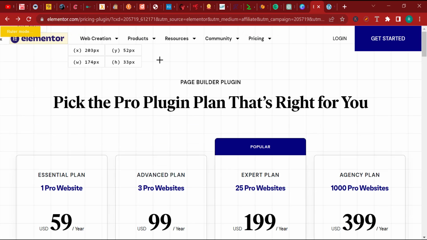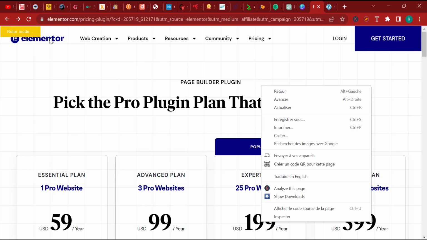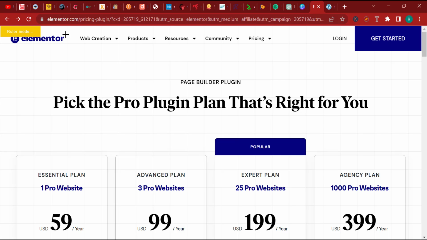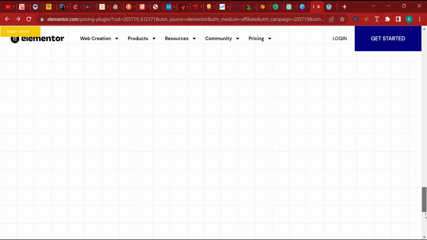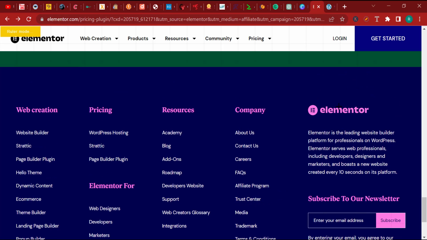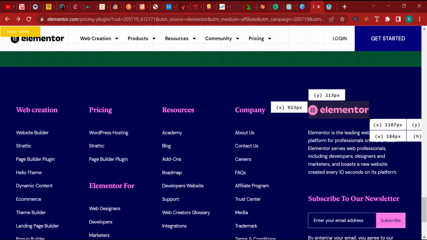Okay. So what I'm going to have to do, because this one here is hard to measure, because the measurements don't show exactly where I wanted them to show, because you can see that they are far away to the left-hand side and they disappear there. It sucks. But I have a solution around this. And that's to get to the bottom here, where we have another logo, which is the same size as the top logo, except the color is different. So I'm going to measure this one up. And the size of it is